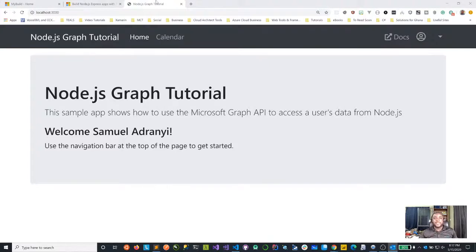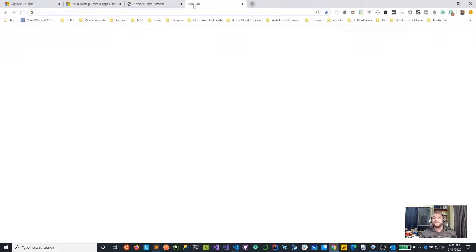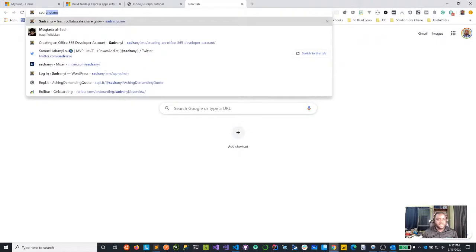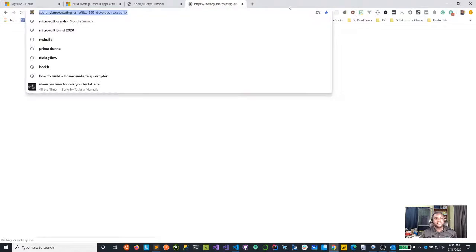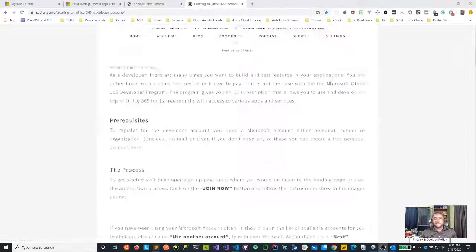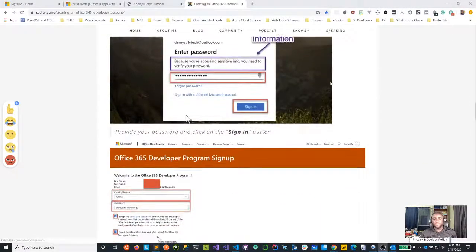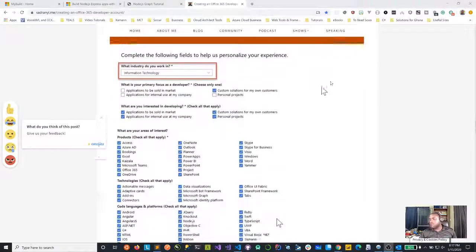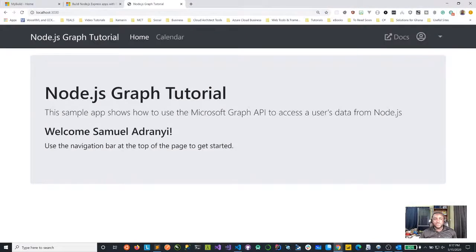What do you need to do? I mentioned in the last episode that if you haven't created your Microsoft 365 developer account, please go create it. I shared the resource here on my website. I have a detailed technical blog post showing you how to do that. So go check that out. Create your account and enjoy all the goodness. I mean, it's not just Graph API. You can use it to do other development, up to 12 months. So go check that link out. And if you have any questions, you can reach out to me. We can take it from there.